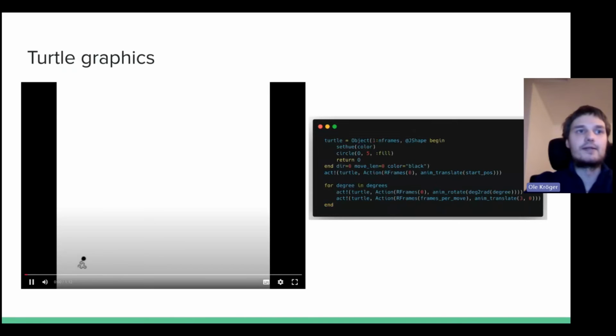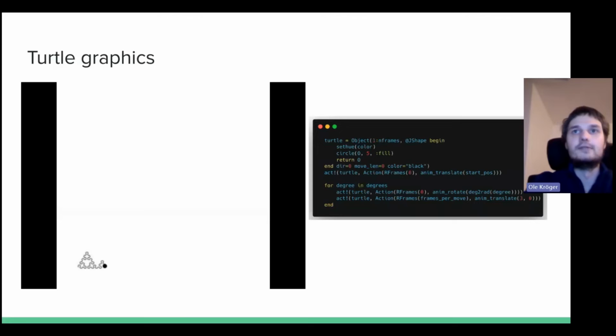And then another funny thing that you can do in Javis, as well as in Luxor. Luxor has some turtle animation functionality as well. And in Javis, it's easy to create our own turtle animations. One thing about turtle animations, for those of you who haven't heard about it, is you basically start with a